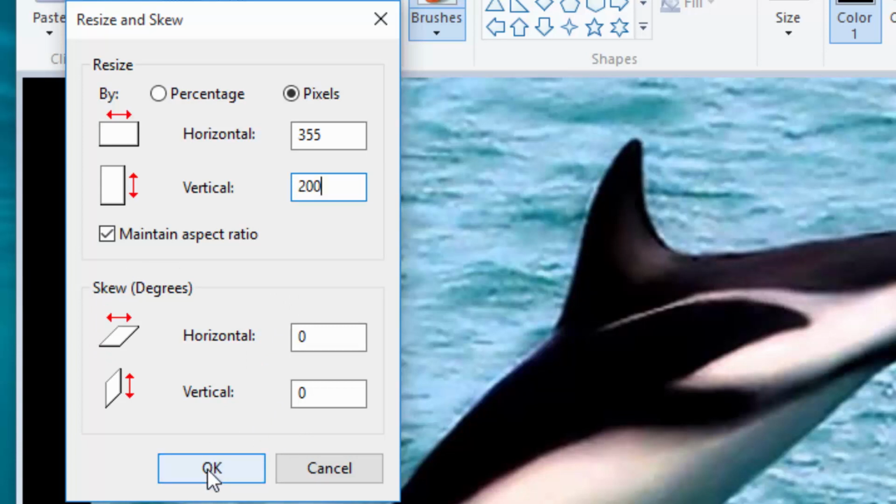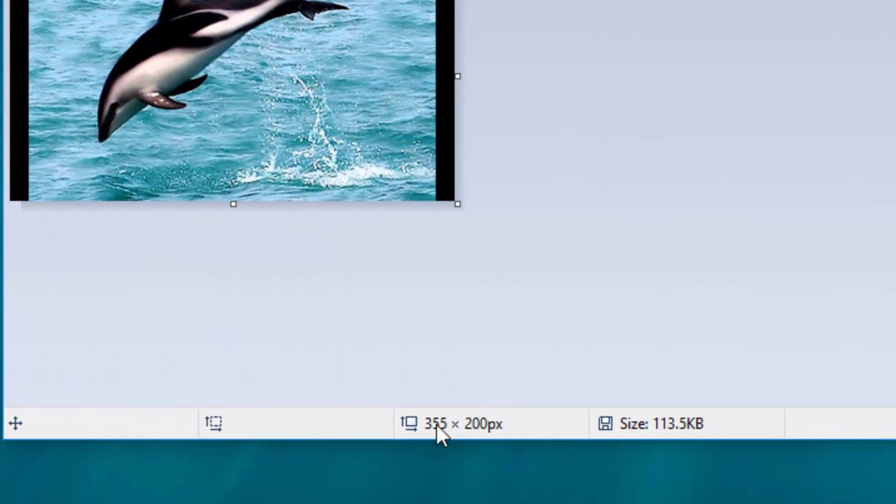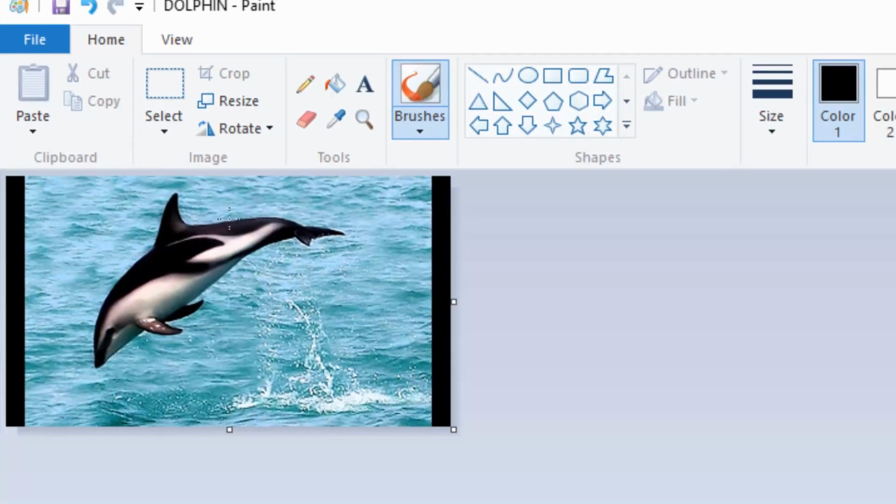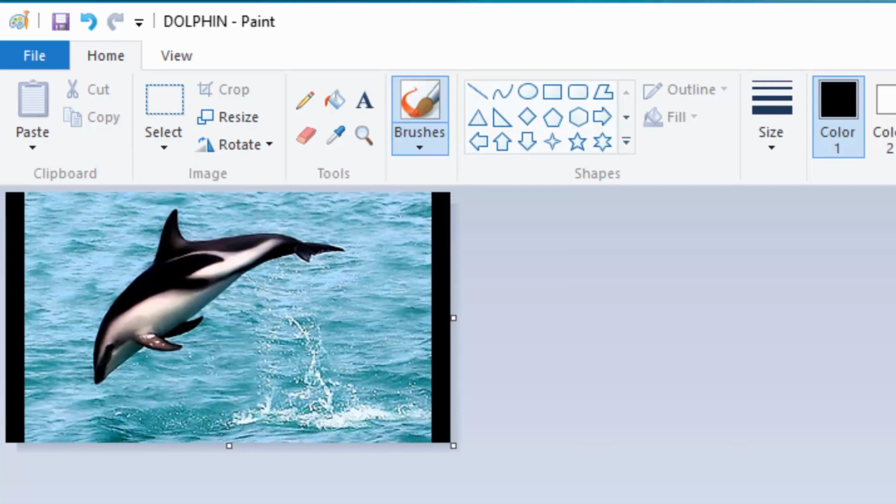Then I will click OK. Now from this dimension here, you can see the height is already 200 and the width is automatically reduced to 355. So I will simply crop